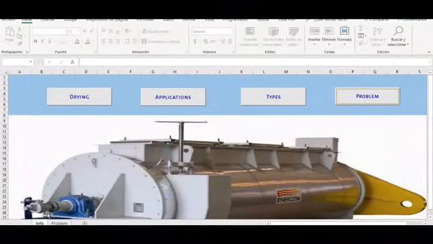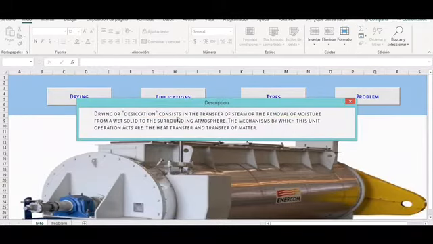Hi, today I'm gonna be explaining this little project that we've made. We decided to make it out of drawing. So here is our little info where we have a dryer and 4 buttons. If we click on the first one, which is drying, we have a little description of how drying consists, which